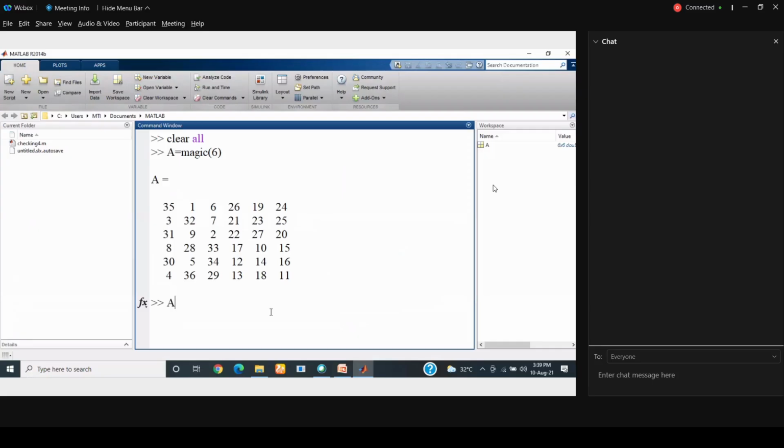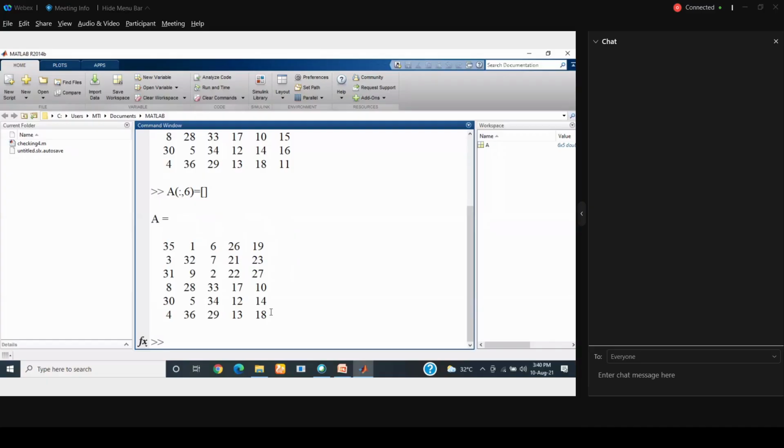Before that, I just wanted to set all the rows and the 6th column equal to a null matrix. Okay, so now this matrix is 5 columns and 6 rows. I really don't know the size of this.